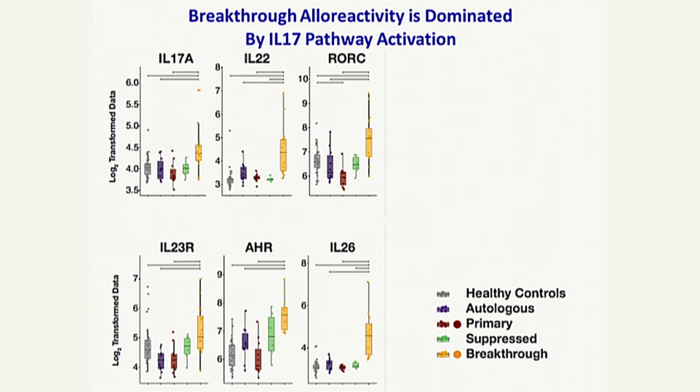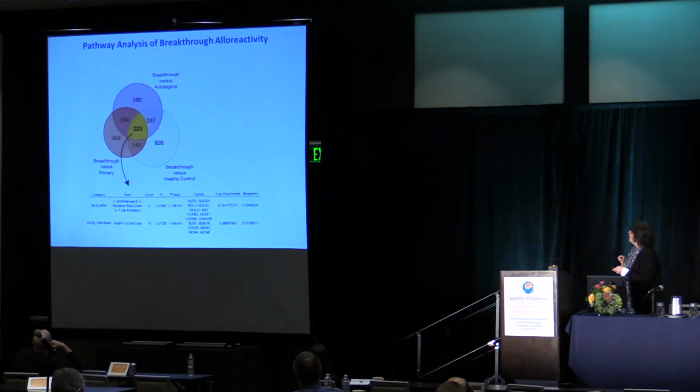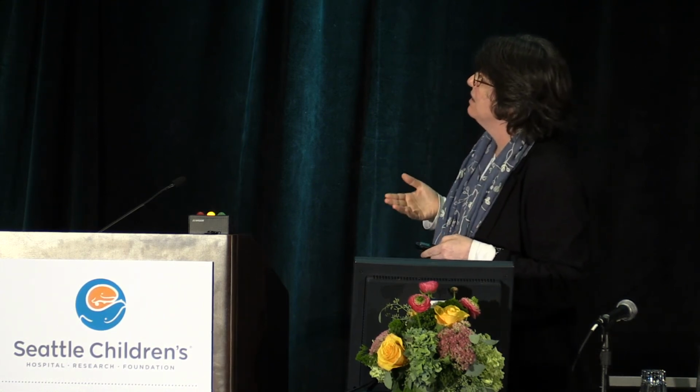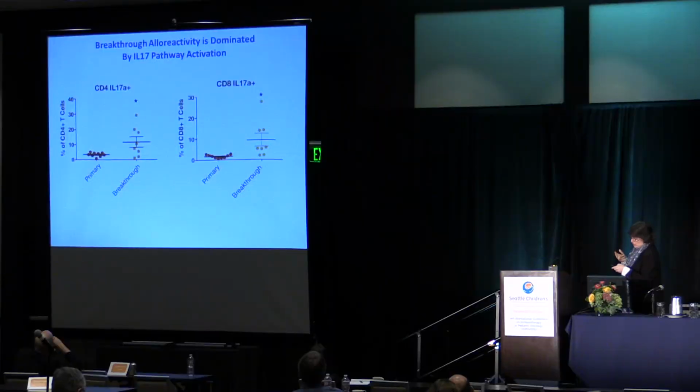And what we find here is really interesting because very unlike the primary, here you see upregulation of many of the canonical markers of Th17 cells, so IL-17A, IL-22, ROR gamma C, and downregulation of those canonical Th1 cells. And we think this is really important. These are cells that are chronically exposed to antigen. What happens in that setting of that chronic exposure? They move away from their very active state, not necessarily to die, but to take on this Th17 phenotype. And in fact, when you look functionally, not only do they look like that transcriptionally, but the cells make IL-17,